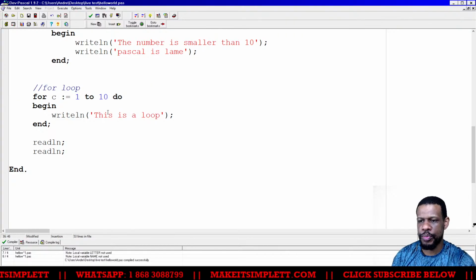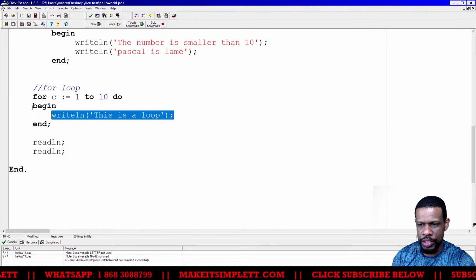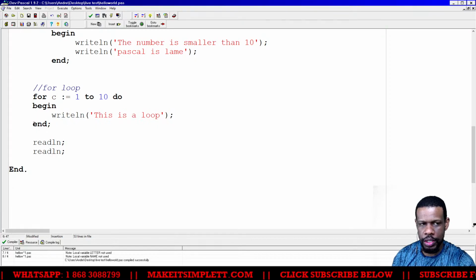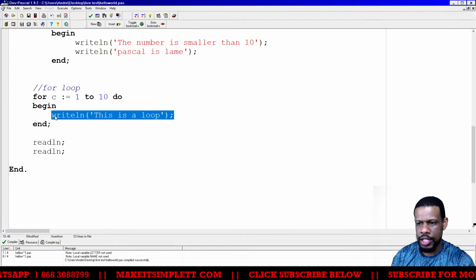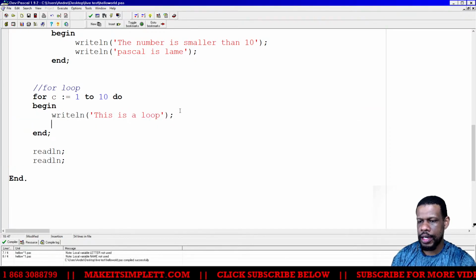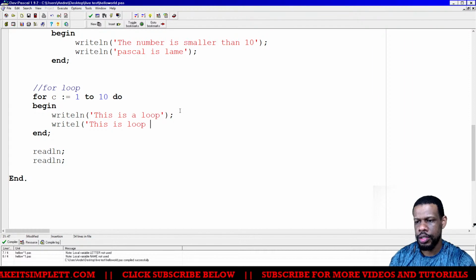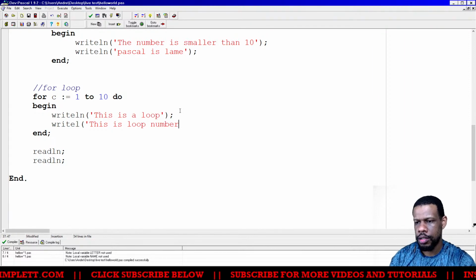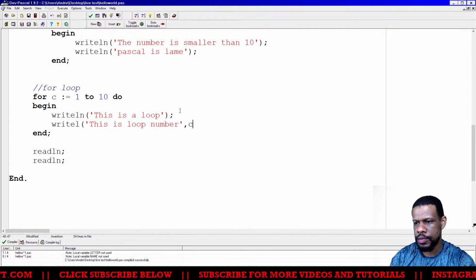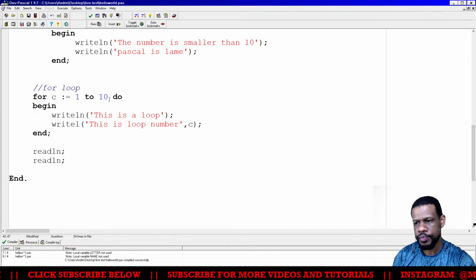So that's supposed to happen 10 times, because whatever is between the words begin and end semicolon should come up 10 times. So I'll put this is a loop, and then I'll put the loop number, writeln, this is loop number C. Yeah, put C, right?